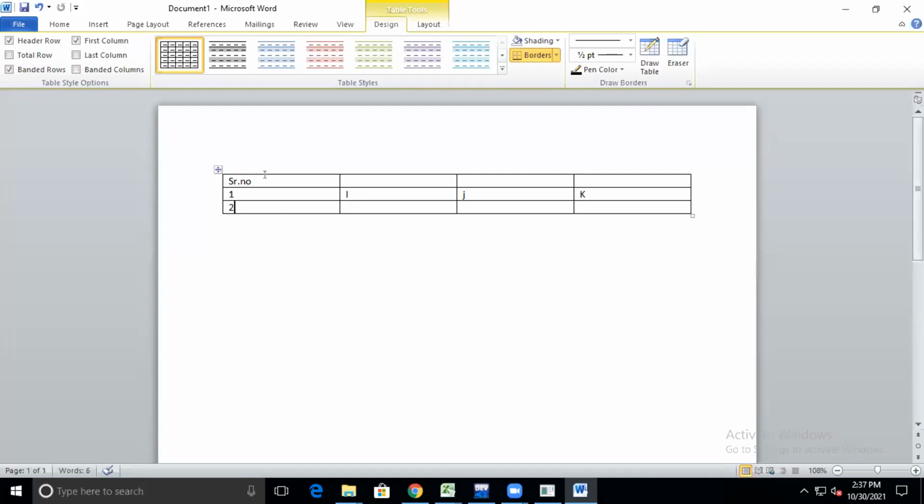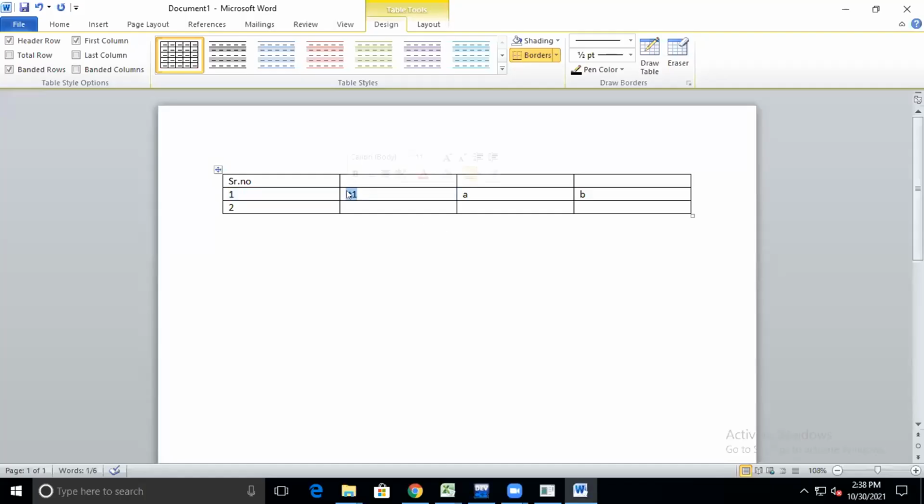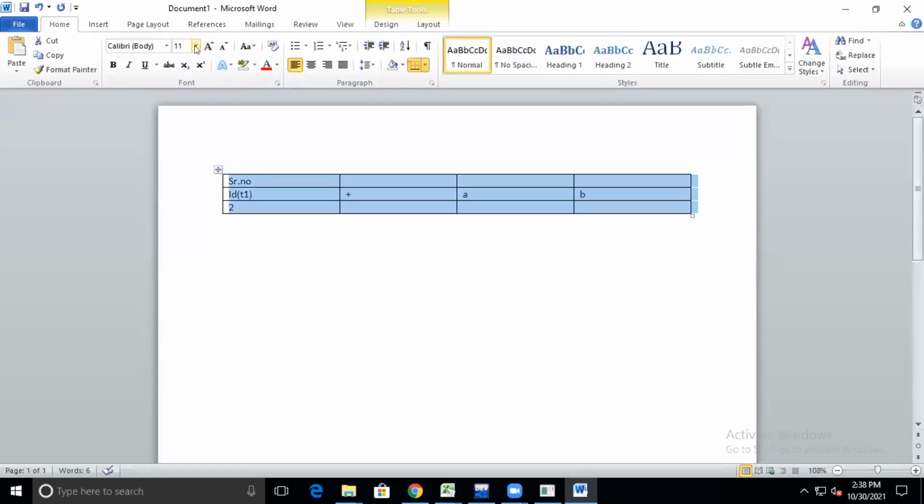So initially, for the expression I have given, a plus b, T1 equals a plus b. So T1, then here it will be a and it will be b. But for that T1 I need a value, that is nothing but your expression value given here, and the ID is nothing but ID bracket T1. Yes, this is nothing but actually, wait, I will increase the font.